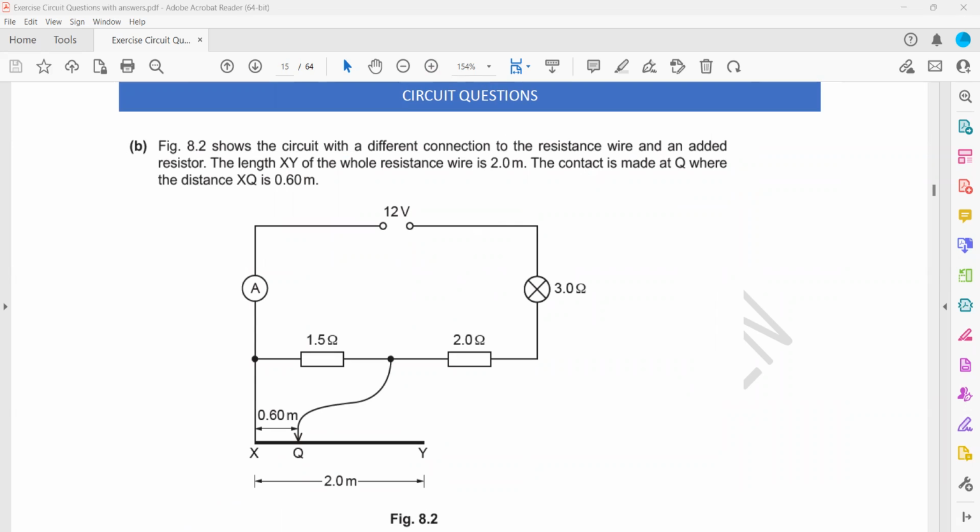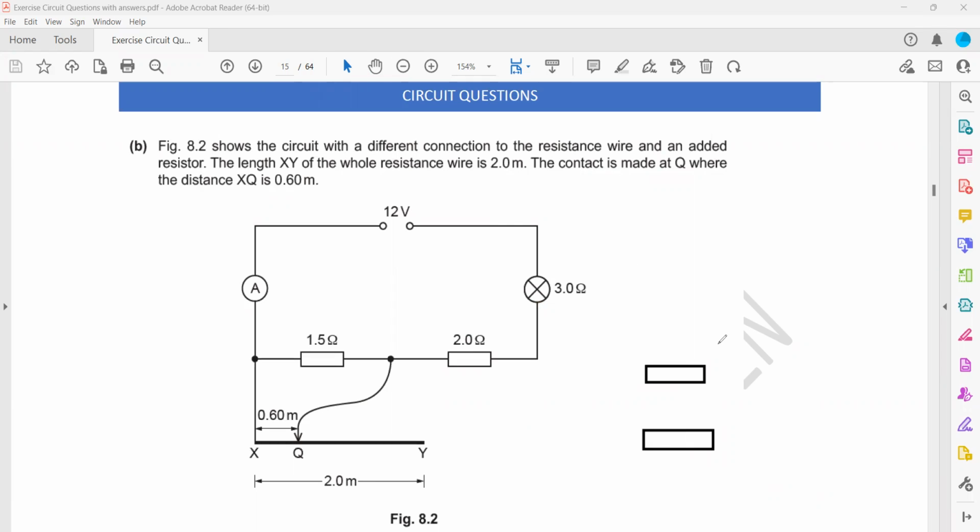For this circuit, we have a 12 volt supply, then we have a 1.5 ohm resistor and the 0.6 meter length of wire in parallel, and then 2 ohm and 3 ohm resistors are there. So if I draw the circuit, how it actually looks, a 1.5 ohm resistor is there,